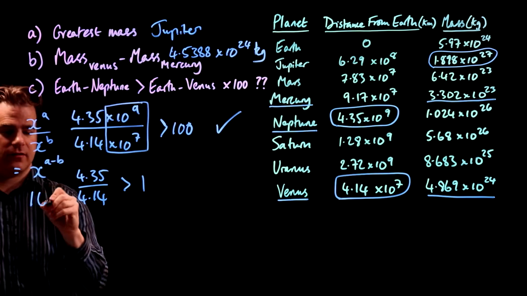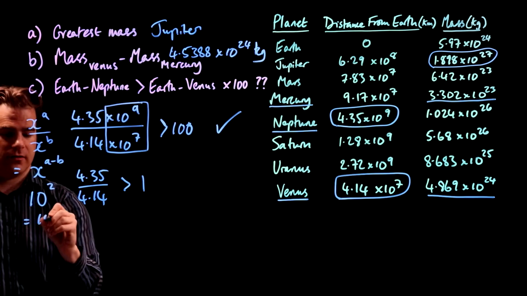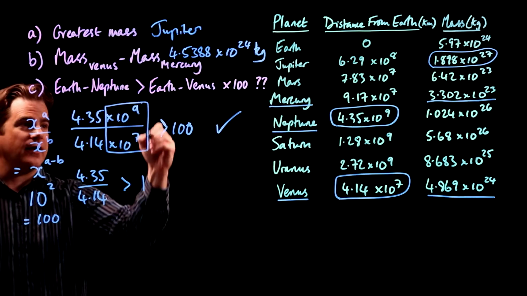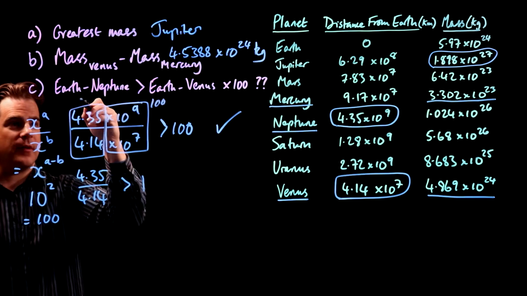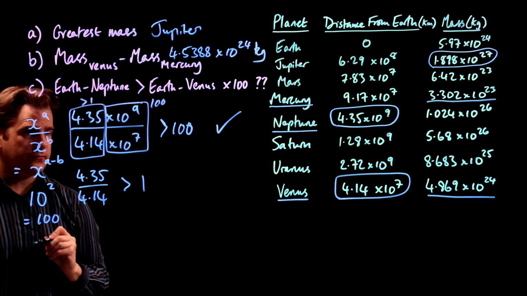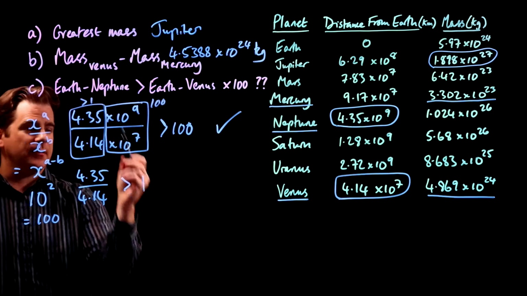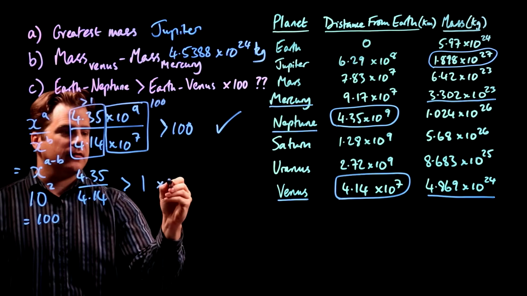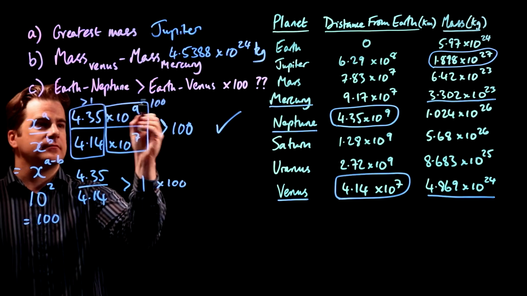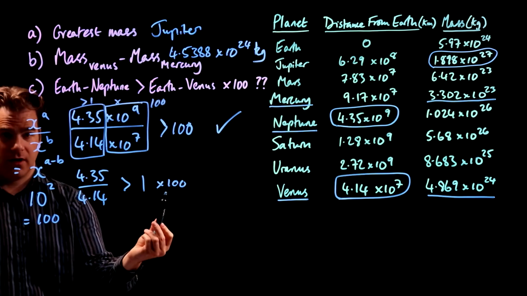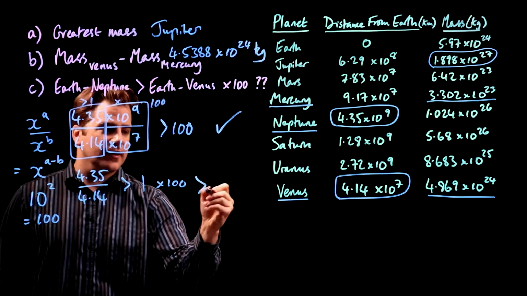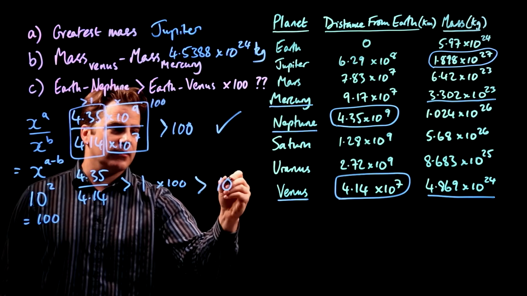So that becomes 10 to the 2, okay, which is 100. So that whole thing is 100, okay, and that is a little bit bigger than 1. So you've got something a little bit bigger than 1 times 100, okay? That times that. So something a little bit bigger than 1 times 100 is a little bit more than 100,